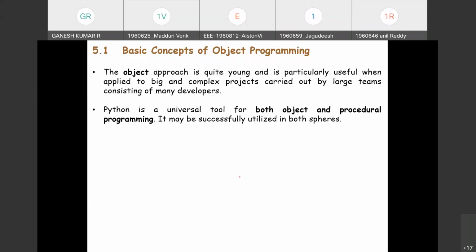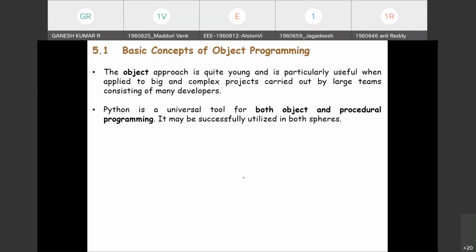Even if you have no knowledge about classes and objects, you have to keep in mind that some problems, for example, GUI, graphical user interface handling, may require a strict object-oriented approach. Otherwise, procedural knowledge will be enough to work with Python. So fortunately, object-oriented programming is relatively simple in the case of Python programming, right?